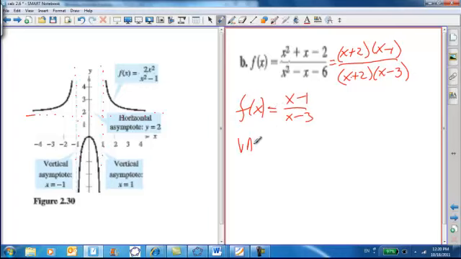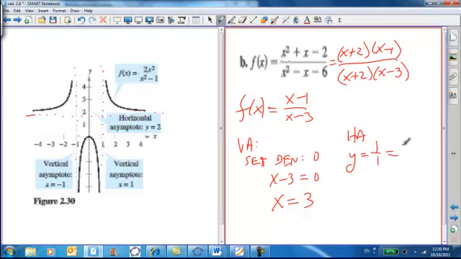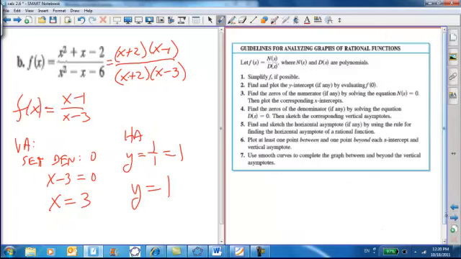And so for vertical asymptotes, we just set the denominator equal to 0. So you get x minus 3 equals 0, so x equals 3. That's your vertical asymptote. For the horizontal asymptote, they're both first degree equations, so we can look at the ratio of the leading coefficients. So that's 1 over 1, so that's 1. So y equals 1. We've got a vertical asymptote and a horizontal asymptote. And those show up on the picture